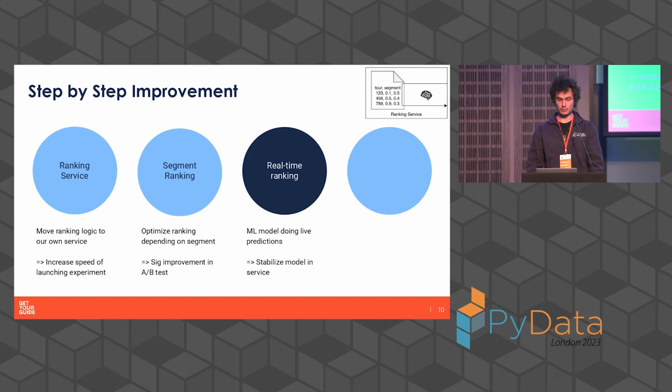Then we start training a new ranking model. Then we have a model in real time. And what we did is actually we reused the segment scores that were created before as a feature. We could find the optimal segment combination based on the past data to figure out what's the best ranking. And so with that, we were able to stabilize the model in production with this new framework,